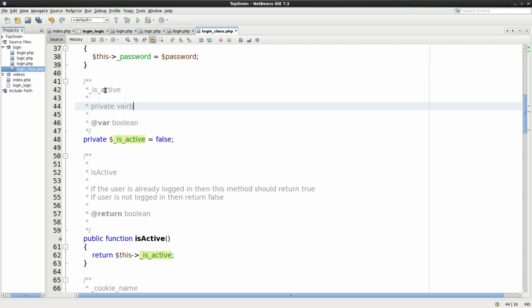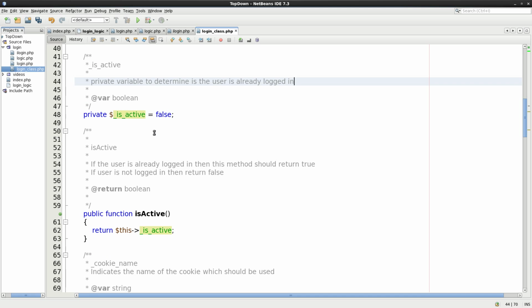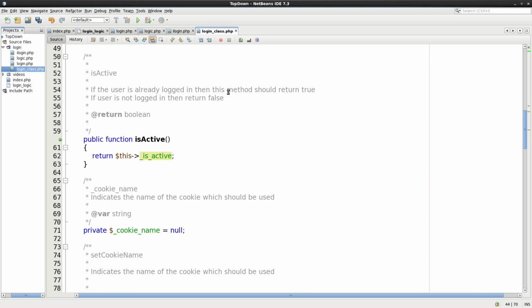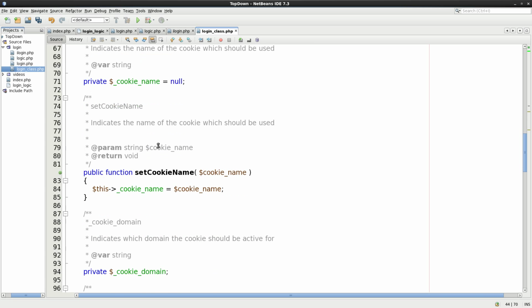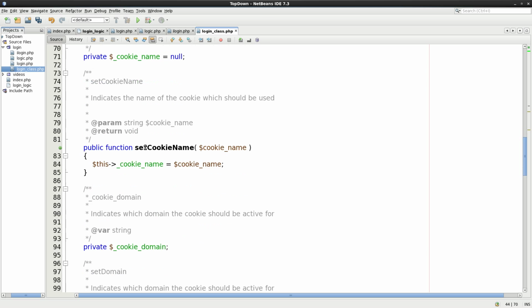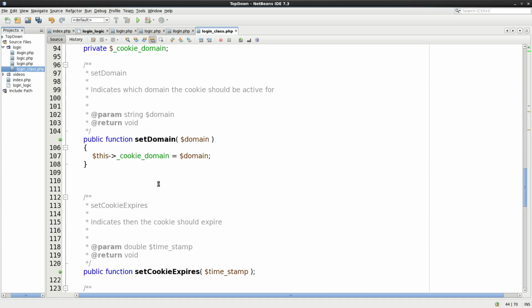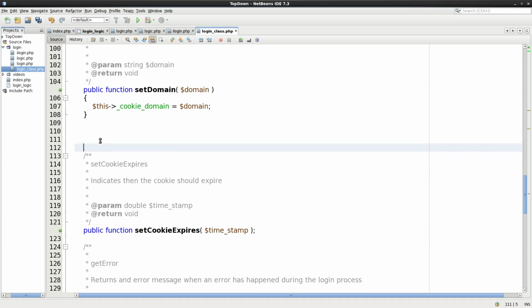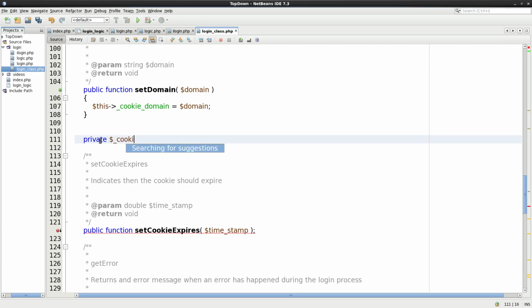Private variable to determine if the user is already logged in. Simple. Okay, so you're all logged in, the message to return blah blah blah blah blah. So cookie name we've done, cookie domain we've done, set cookie domain. So we've got private cookie expires equals null,